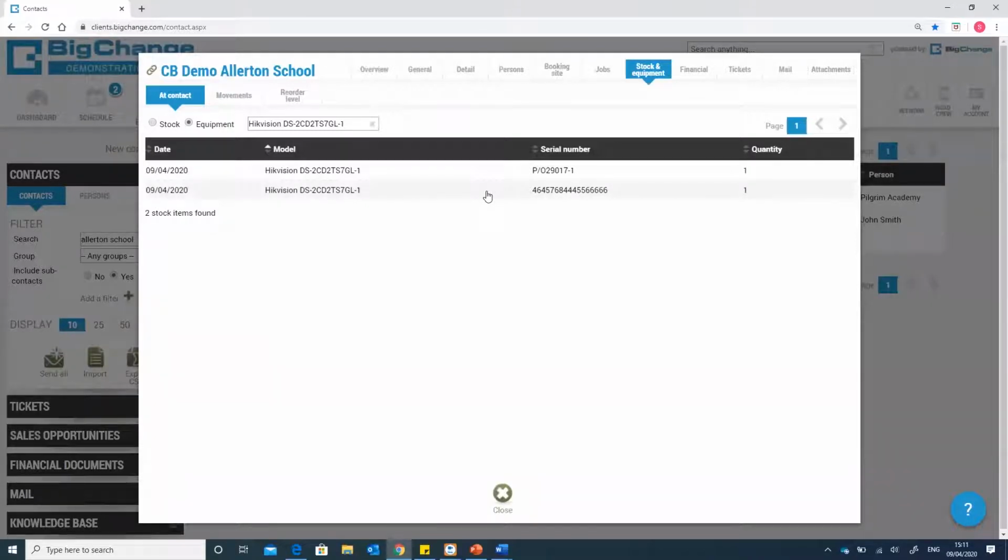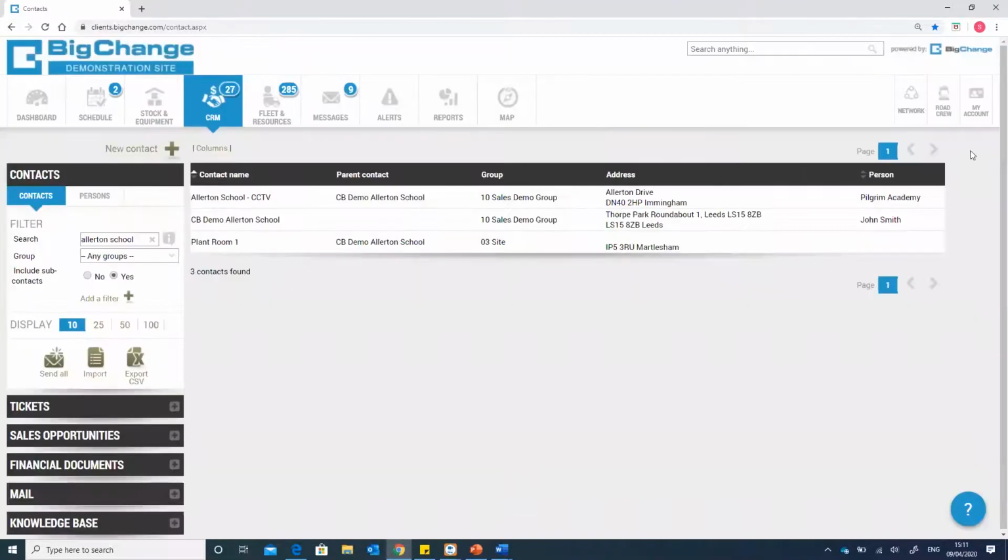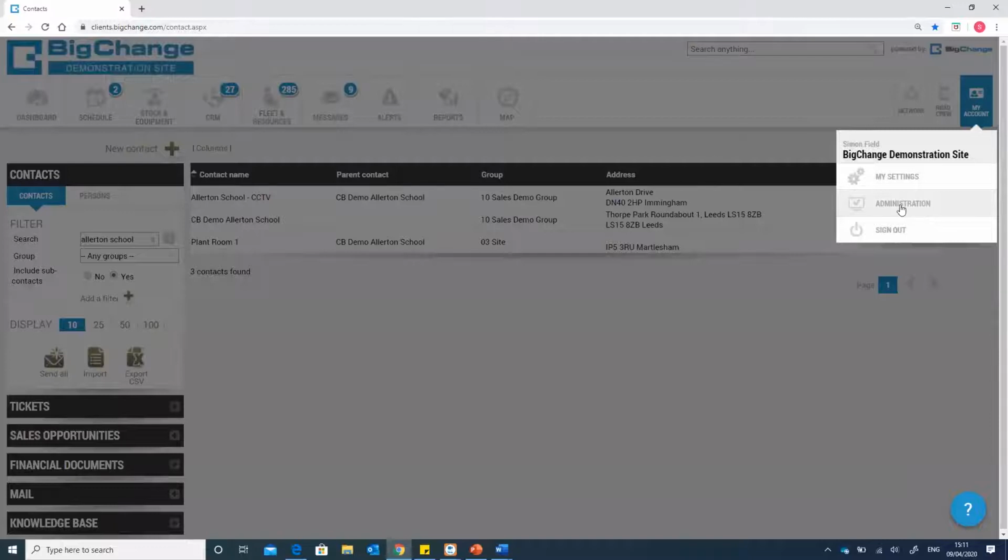So I'm going to come back to this shortly and discuss how we can then allocate a piece of equipment to a job. But for now, I'm going to go back into my account, which is where we were this morning for a lot of the demonstration, to discuss further functionality that I believe will be very useful to how a number of companies will use the system throughout. So if I go into my account and administration,